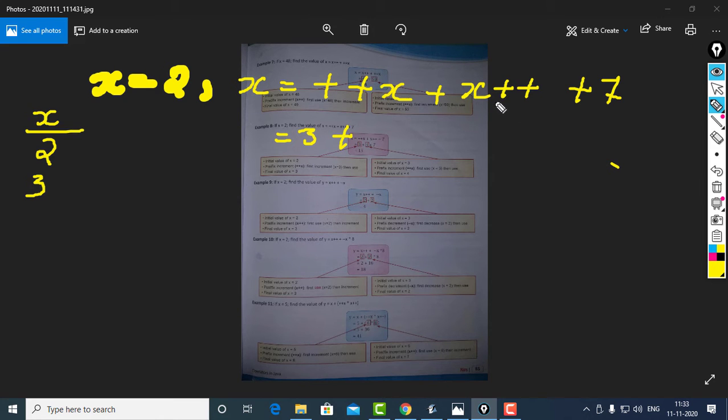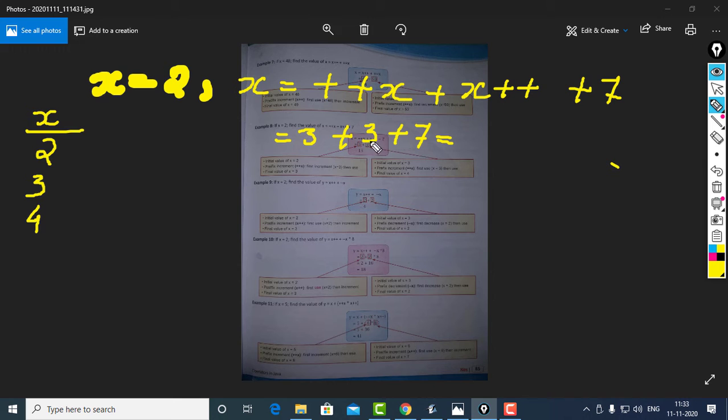Then 3 plus x++. So x++ is the postfix notation, so the use then change rule will be followed. We use first. What is the current value of x? That is 3. So 3 we can use here. Then after using, the value of x will be incremented to 4. Then this plus 7.